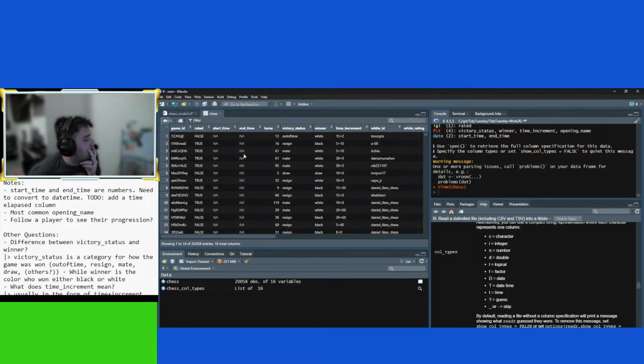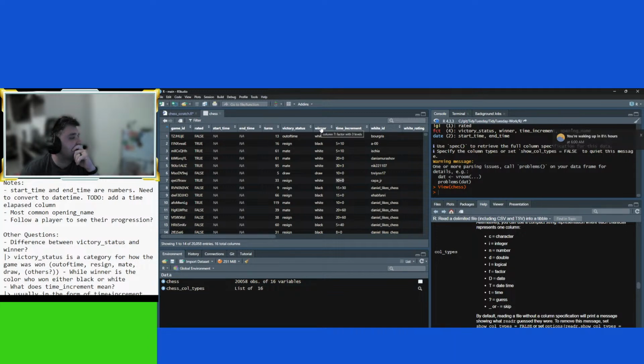Yeah, it's still going to be an A. Crap. Boolean, that's fine.